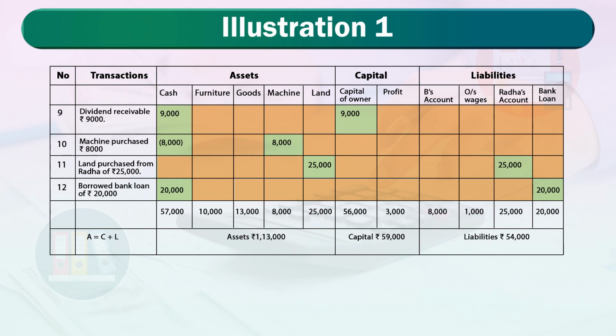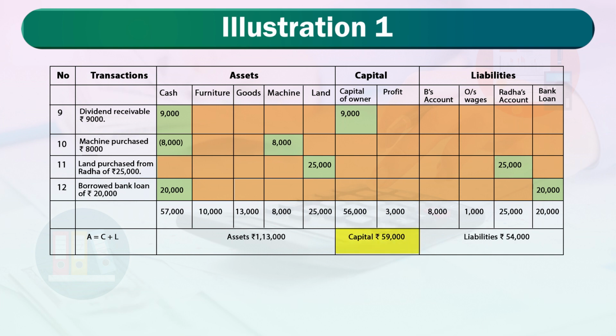Likewise, the total of furniture is 10,000, total of goods is 13,000, total of machine is 8,000 and total of land is 25,000. So, all these 5 columns make the total of all the assets as rupees 1,13,000. In case of capital, the capital of 56,000 plus the profit of 3,000 makes the total capital column as 59,000,